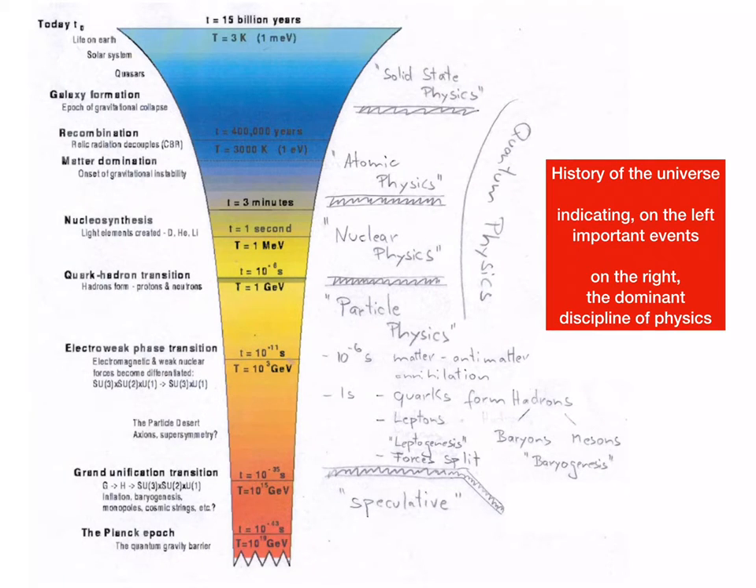This view graph shows the history of the universe, indicating on the left important events during its history, and on the right the discipline of physics that dominated. After the Planck epoch, the grand unification transition occurs, where inflation and baryogenesis take place. This is followed by the era of quark-gluon plasma, where the electroweak phase transition occurs at a typical temperature expressed